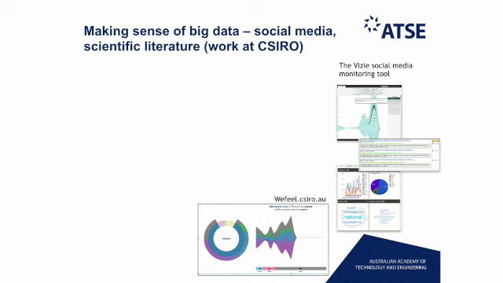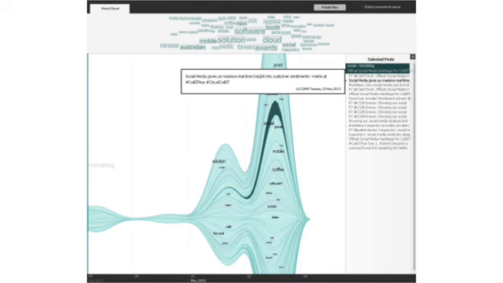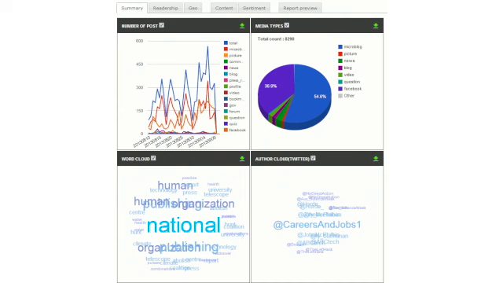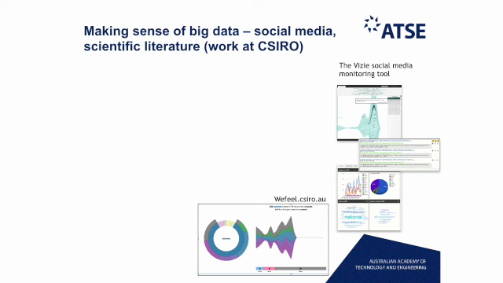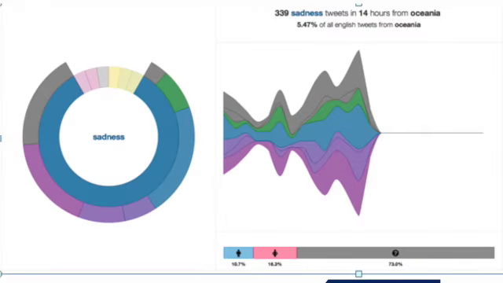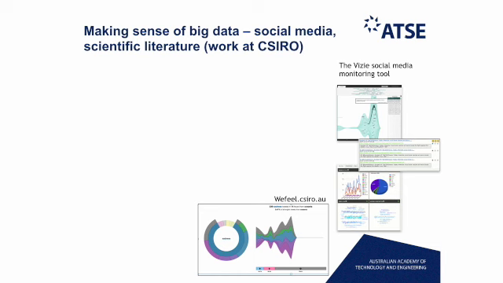So we've developed a number of systems. The one you see here on the right-hand side was developed with the Department of Human Services to help them monitor their communication and improve their services as a result of engaging directly with citizens and taking some load off the call center by now doing one-to-many communication. The one at the bottom is the We Feel system, in the mental health area. We're monitoring emotions in real time to see how various events can affect people. And we are doing some of that work with the Black Dog Institute in Sydney.